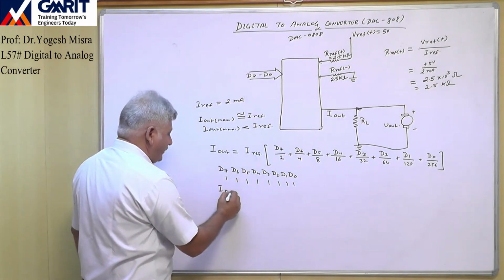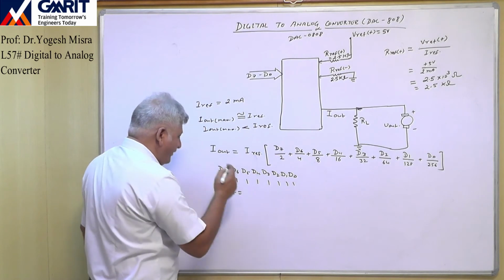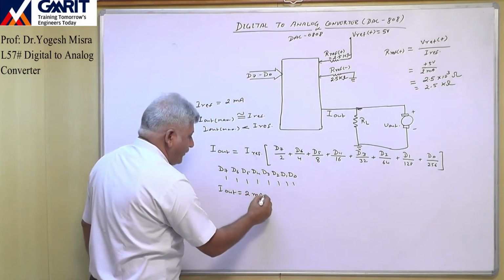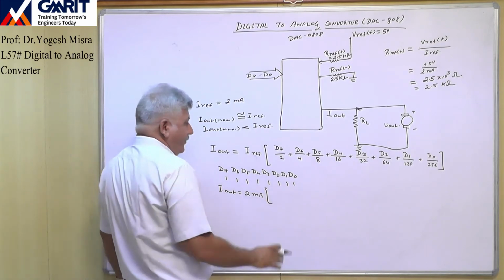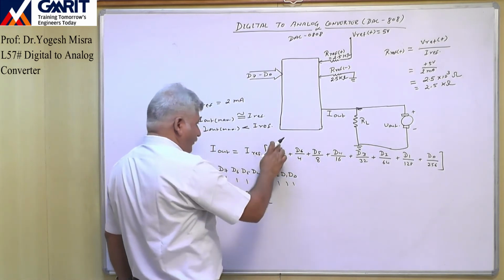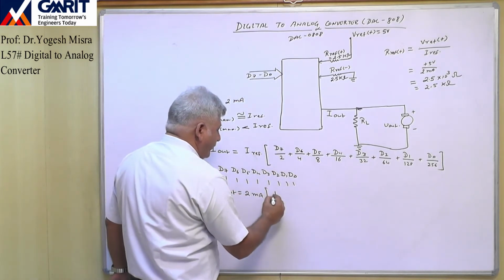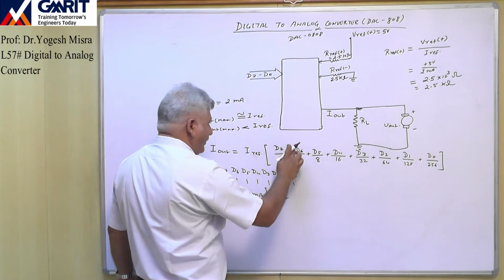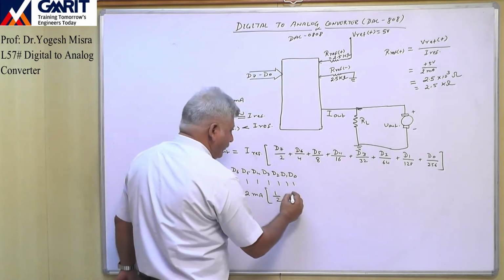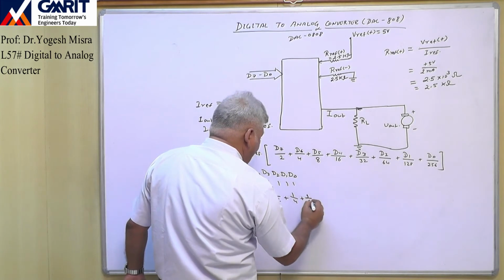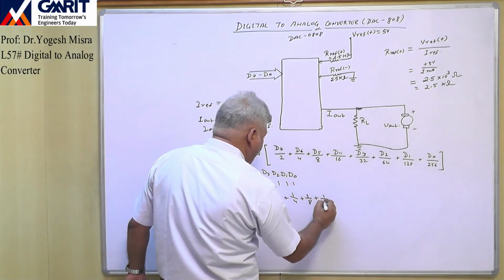We will calculate this. I out is equal to I reference, 2 milliampere, multiplied by, now for D7 we are having 1, so we will keep here 1 by 2 plus, D6 is also 1, so 1 by 4 plus 1 by 8 plus 1 by 16